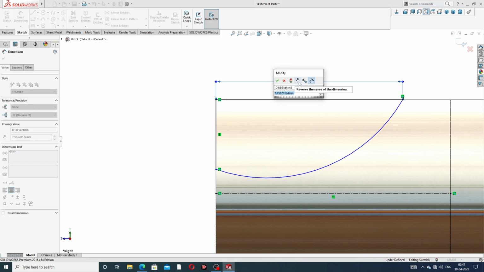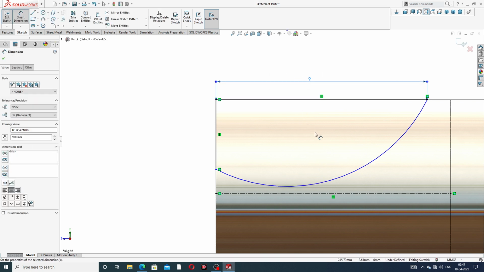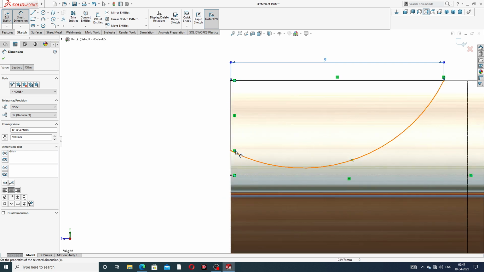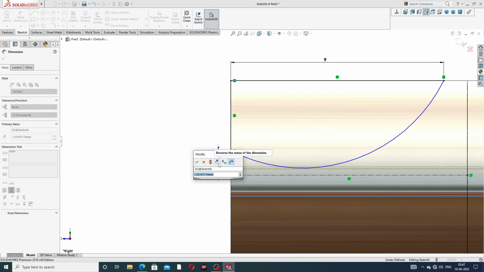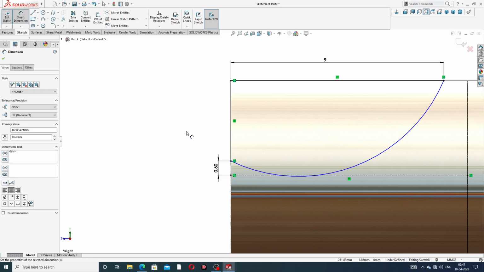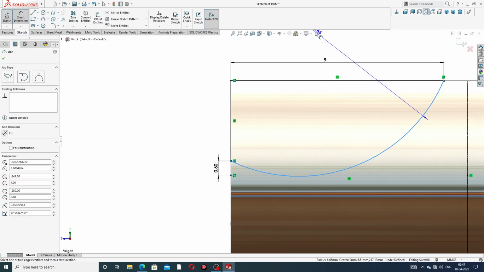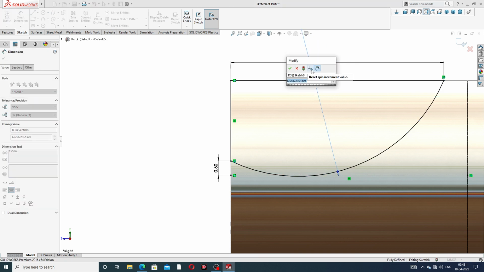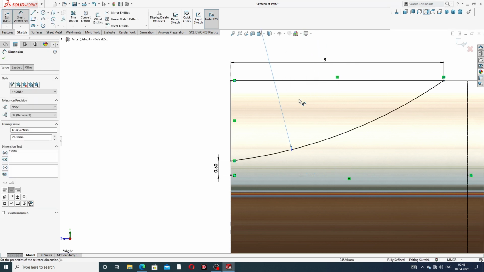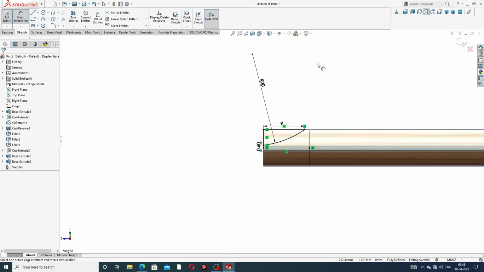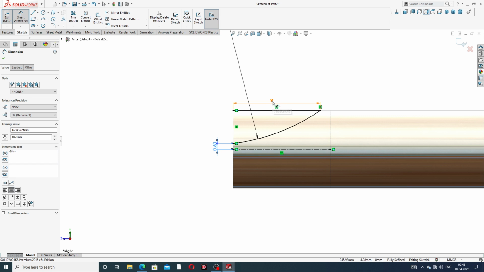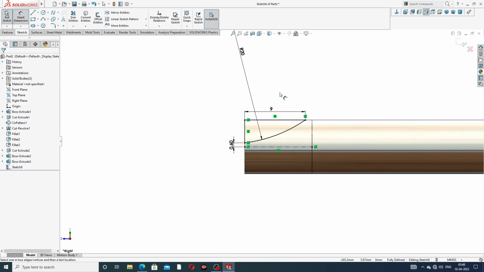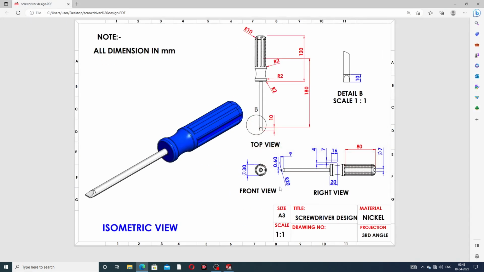This dimension is 9 millimeter, and use this point to this point, 6 millimeter. Okay, and this curve radius is 20 millimeter, perfect. Okay, and this is fully defined. Okay, all dimensions are correct, and this is fully defined, and use this 0.6 millimeter and 9 millimeter